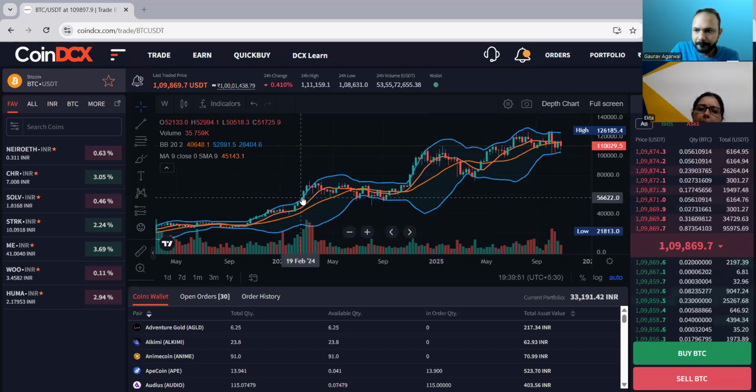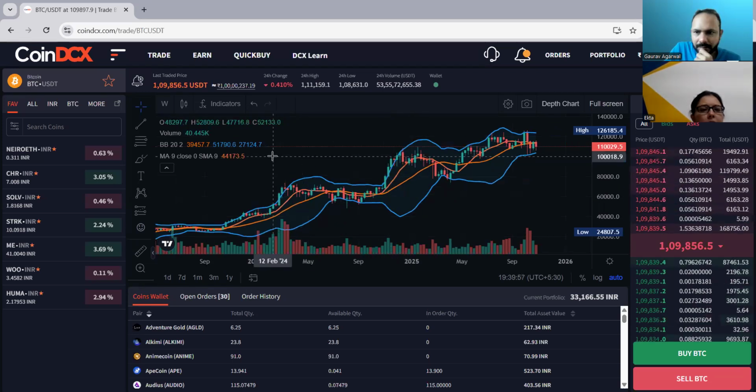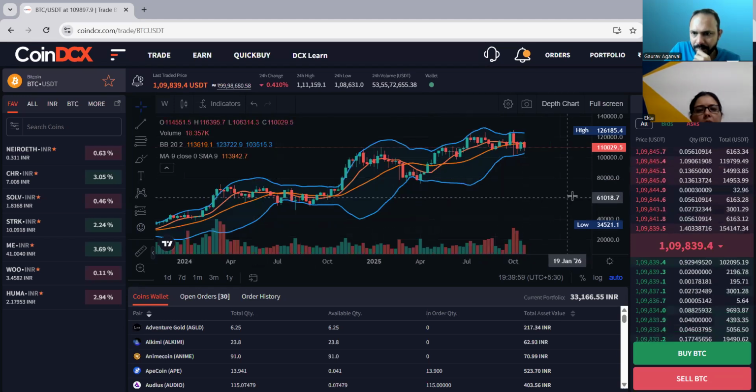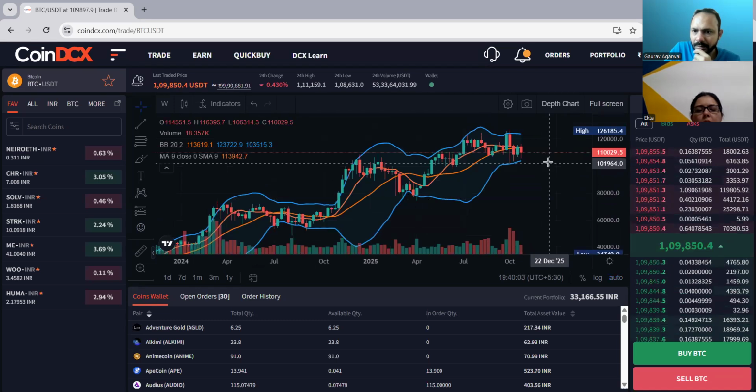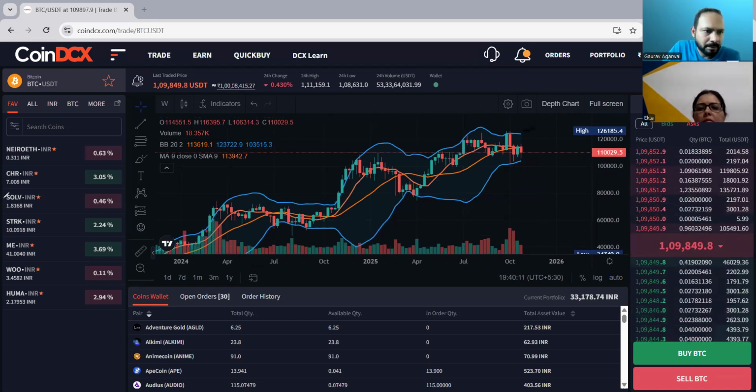Okay. Can you see my screen? Yeah. So, this is actually a good area to invest, right? It is near the demand zone. I have explained to you earlier in the stock classes, right? We have supply zone at the upper Bollinger Band and demand zone at the lower Bollinger Band, correct?